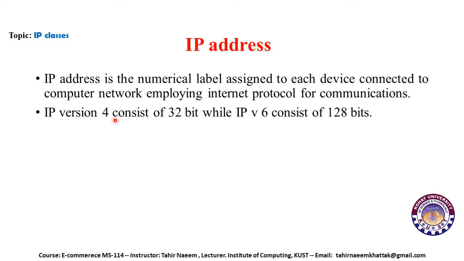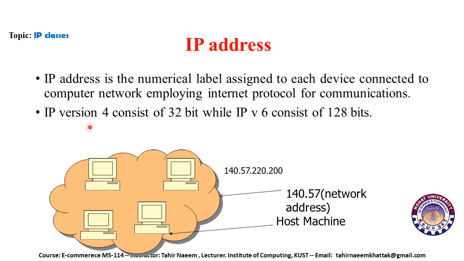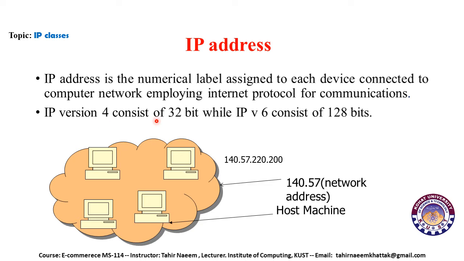There are two versions of IP addresses, namely IP version 4 and IP version 6. IP version 4 is the most widely used version and consists of 32 bits. IP version 4 is being replaced by IP version 6 because of shortcomings in security and a limited number of spaces for new addresses. IP version 6 has 128 bits.